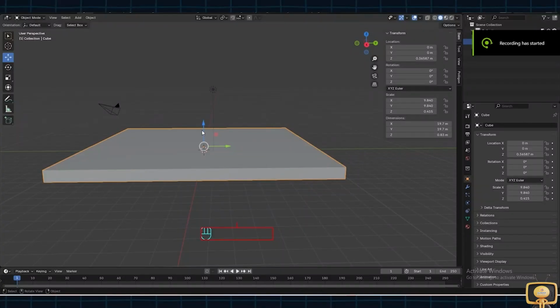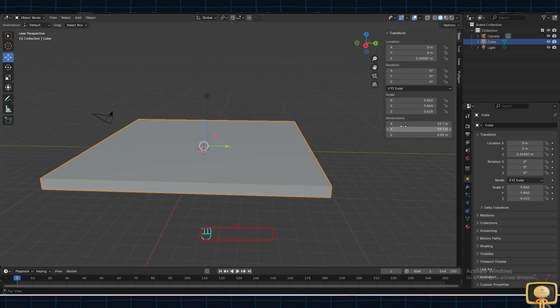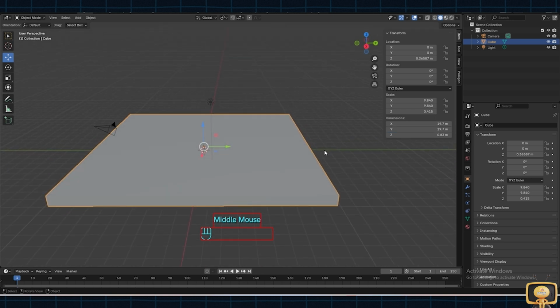In the last lecture, we understood the basics of Blender. We generated a platform which is 6 by 6 meter, and we converted 6 meter into feet. The dimension is 19.68 feet, and we are calling it feet. So 19.68 feet in both the x and y direction. After this, we have to create the wall.